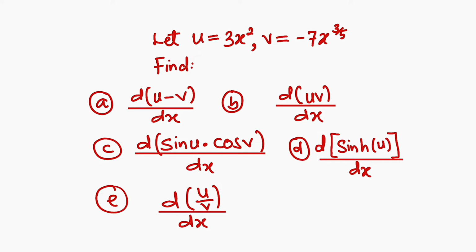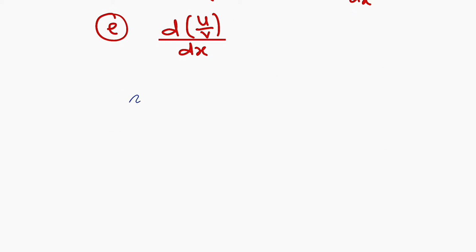We are given that u equals 3x squared and v equals negative 7x to the power of 3 over 5, and we are asked to find the derivative of these 5 problems. So we are going to start with the first one, which is the derivative of u minus v. All we have to do here is substitute the values of u and v, then differentiate. All right. So the first one, we want to differentiate